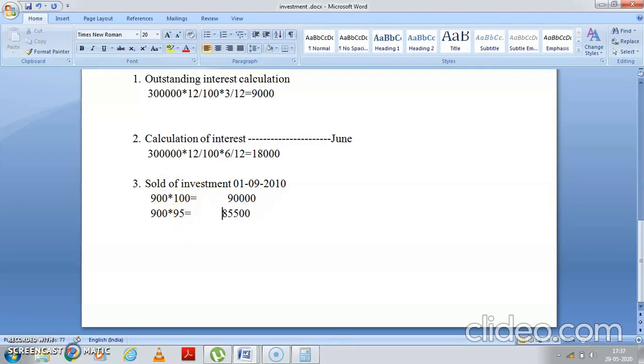After doing that, what are you going to do, students? Yes, you have done, this is a face value. I'll write here, this is my face value of units sold. Am I correct? Yes, and then this is my selling price. They have already given you the selling price, it is this much.